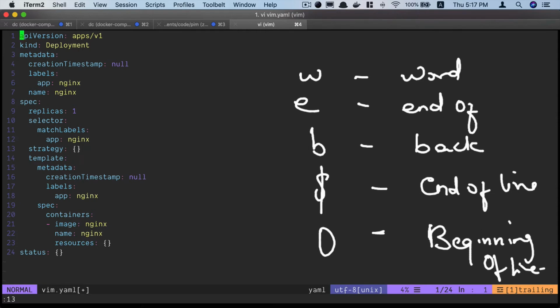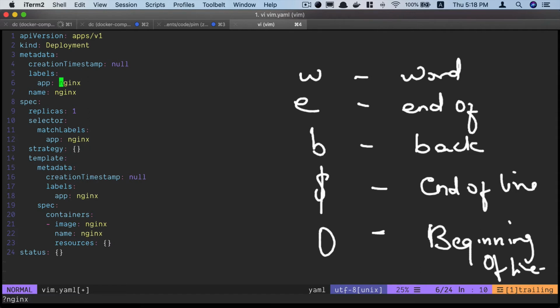So now we know how to move around, and another way to move around is by using search. For search, let's say I want to jump to the first occurrence of Nginx. My cursor is here now. So I can just type /Nginx, and my cursor is placed on the first character of that word. Let's say I want to go to the next occurrence. I can just press small n, n, n, and it jumps to the next occurrence. Likewise, if I want to go in the backward direction, I can hit capital N and keep going backward.